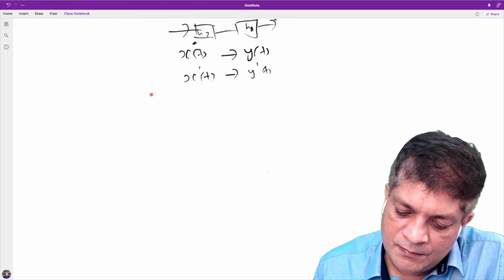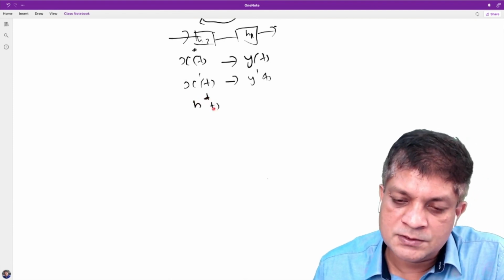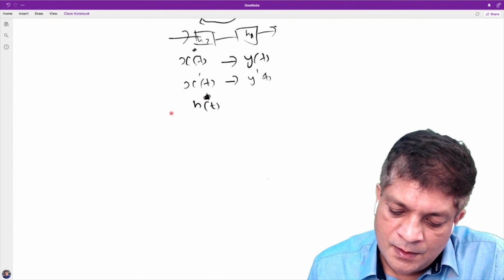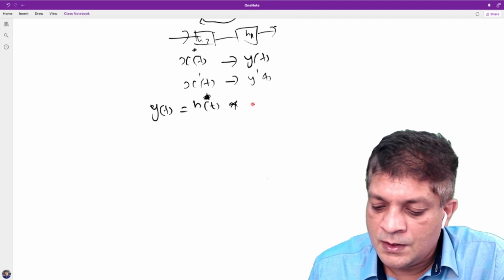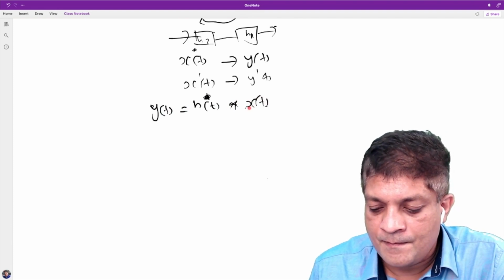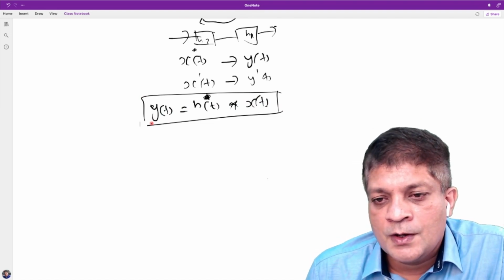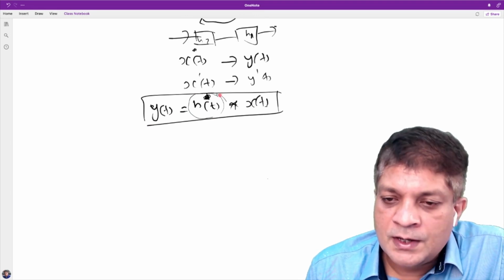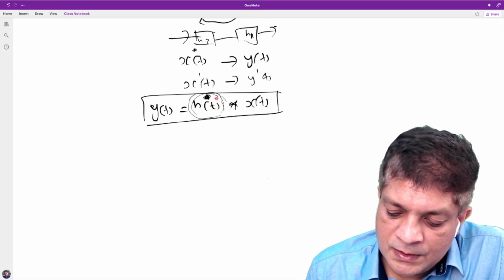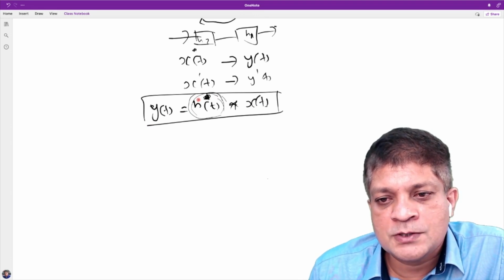Okay, if you're given the impulse response h(t), we can find the output corresponding to any input using the convolution integral. So today what we are going to discuss is, if you are given the impulse response of a system, how to determine the properties of that system